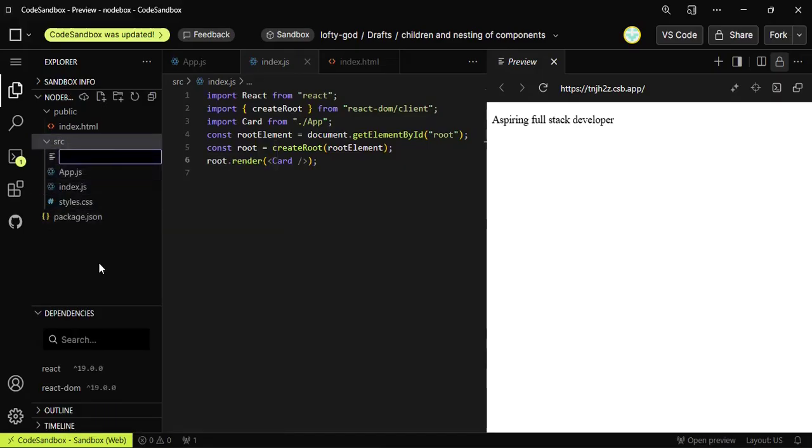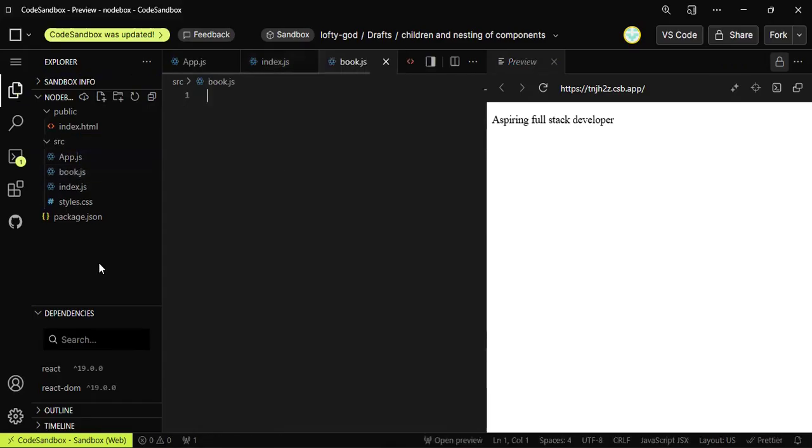Let's call it book. Book.js. So here in the Book.js file, we import